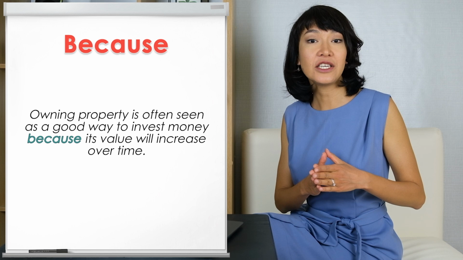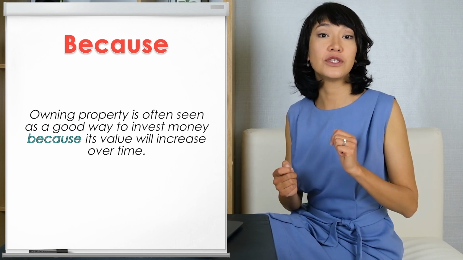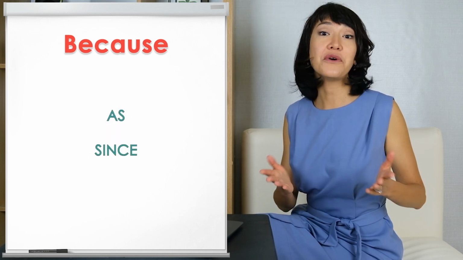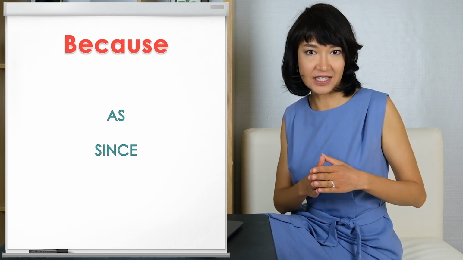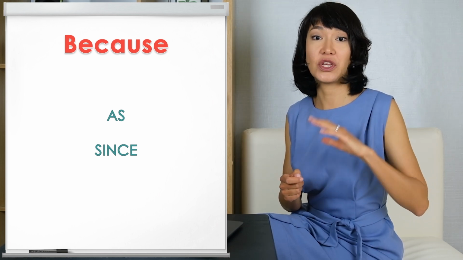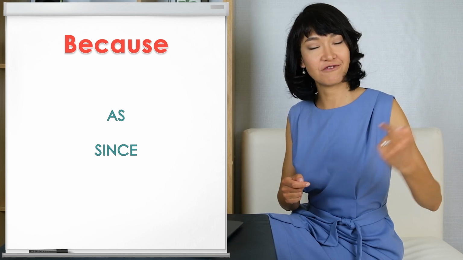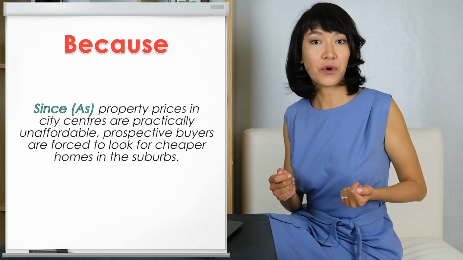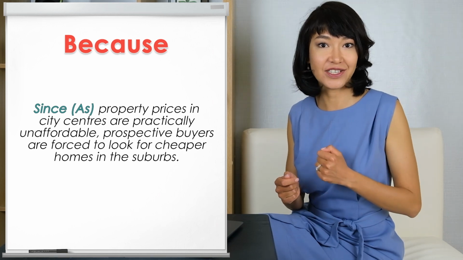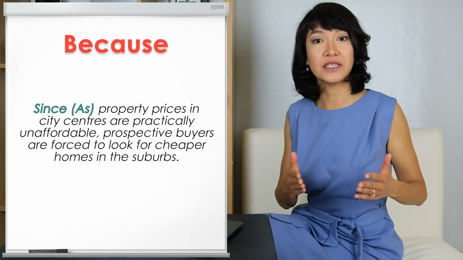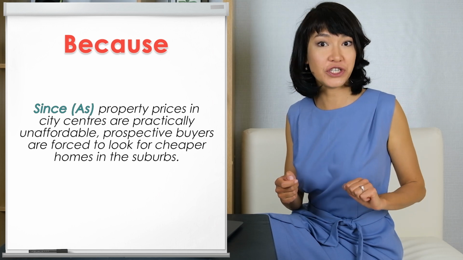To add variety to your writing, you can also use as and since. Both can come in the middle of the sentence, or we can start a sentence with them, putting the cause first and the result after. Since or as, property prices in city centers are practically unaffordable, prospective buyers are forced to look for cheaper homes